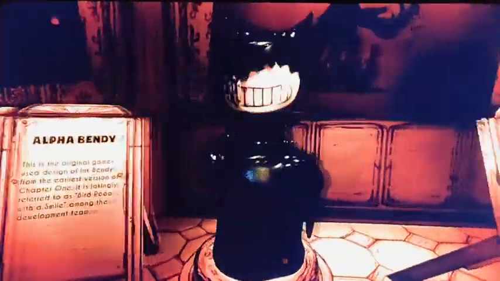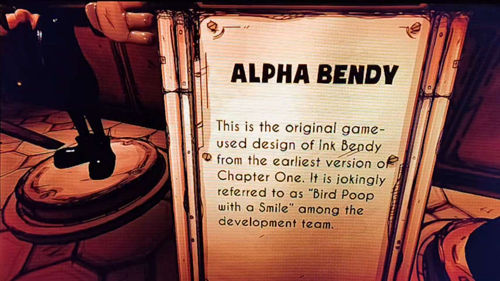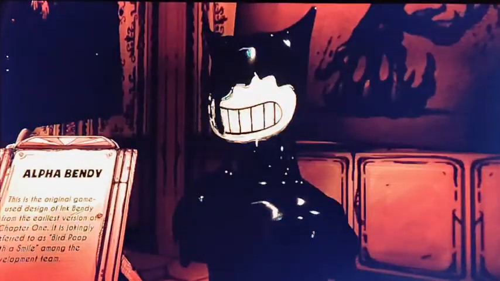Alpha Bendy. This guy right here. This is the original game use design of Ink Bendy from the earliest version of Chapter 1. It is jokingly referred to as bird poop with a smile among the development team. Bird poop.